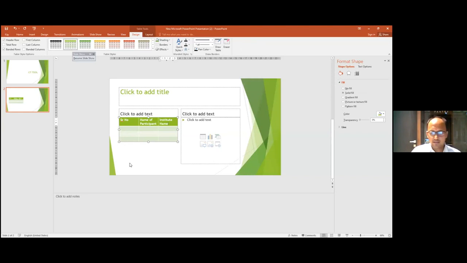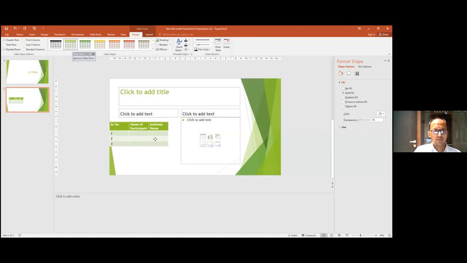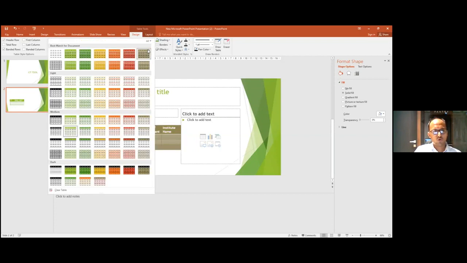You can add anything into it. You can prepare your tables. You can choose the background colors for your tables by clicking on the table like this. So you can move your table anywhere. By choosing here, you have many pre-existing templates which are given in the design section. Either you can choose the existing colors, or you can choose whatever colors you want from here.